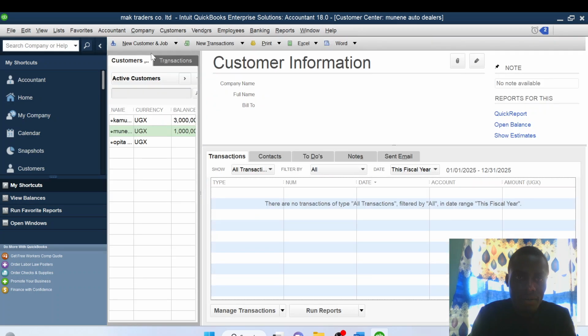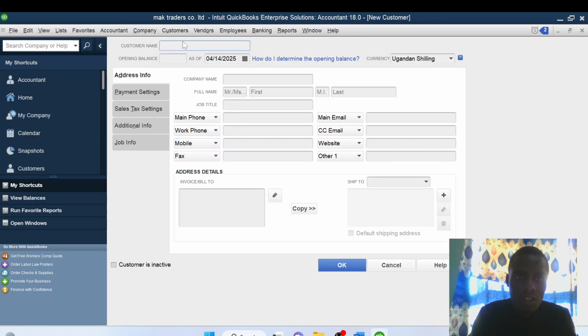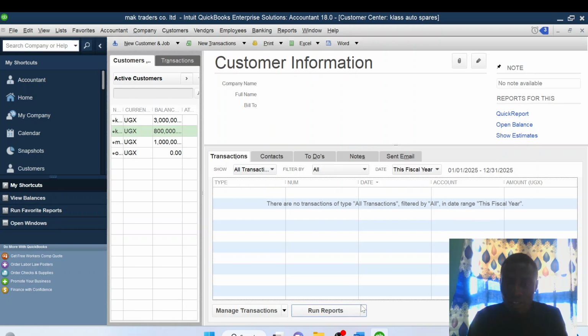Another customer, Kalis Auto Spares. Then the opening balance, 800,000. The date. So I will say okay. Then I will come here